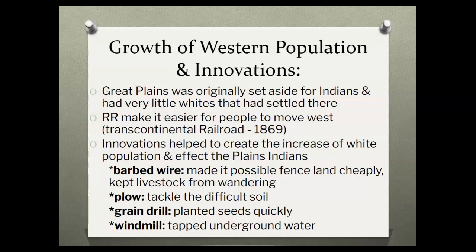You may think, how does this affect Native Americans? Well, Native Americans believe in sharing of land instead of ownership of land. And these white settlers were coming in and dividing up the land. That's why the barbed wire was so important. They could mark off their territory and keep their animals in check. Native Americans did not practice that. They let the animals roam, and they would follow where the food was going.